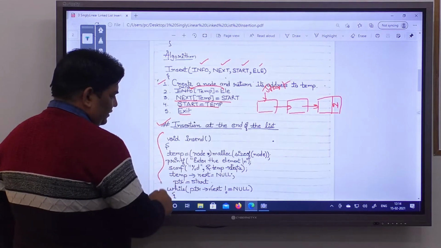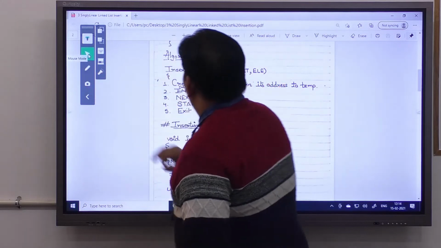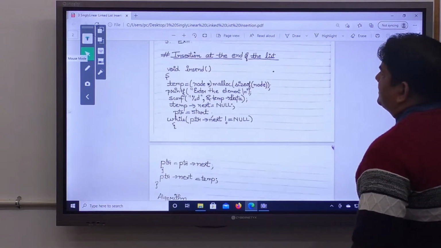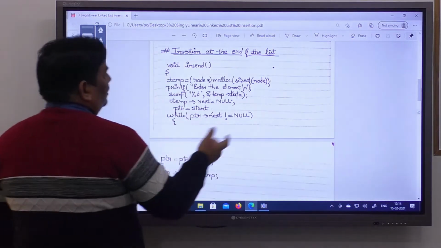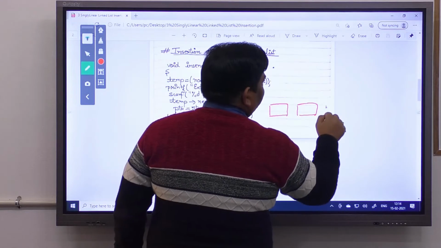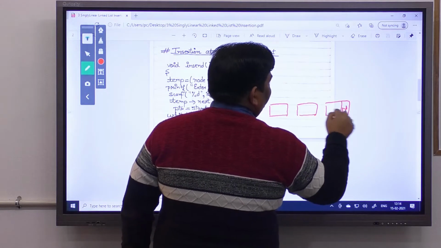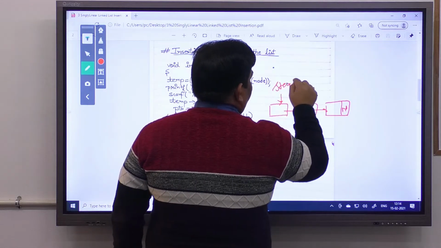So you can call this function, that is insert at the end. Let's say these 3 nodes we have previously defined, and your start is here.